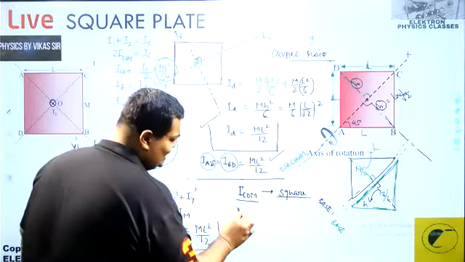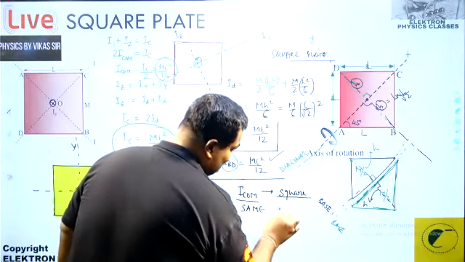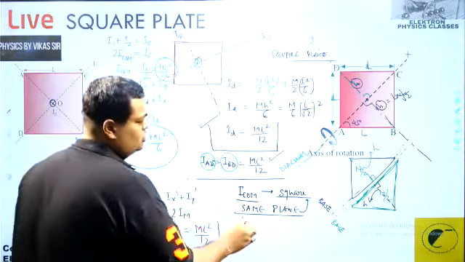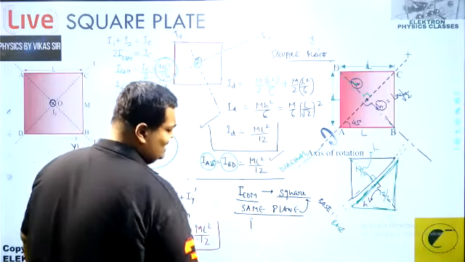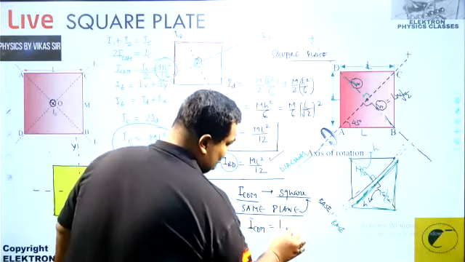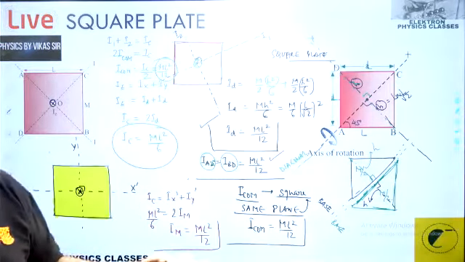And so we mentioned that for any axis that is a COM axis, for the case of the square, and lying in the same plane, meaning the same plane of the square, the moment of inertia about any such axis is equal to ml square upon 12. That remains a fact with us after deriving the condition.